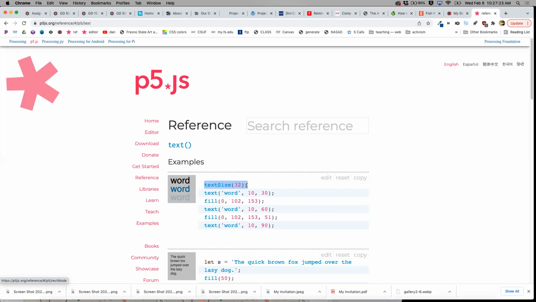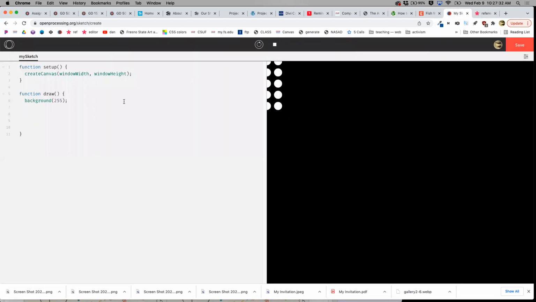You can change the font with all of those other functions we just saw. But let's do a really simple one where I'm just going to change the fill to black. And then I'm just going to say